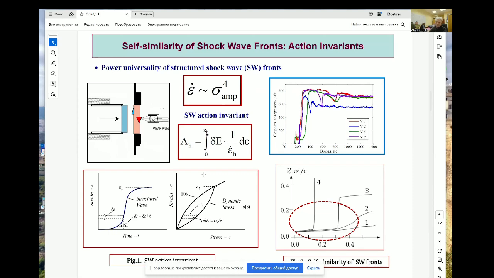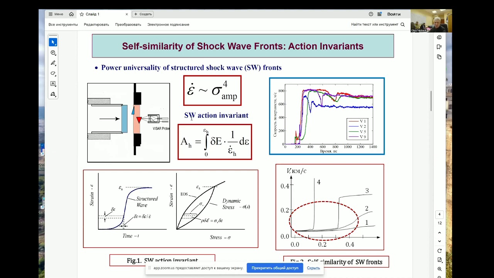During maybe the last 40 years there has been precise investigation of this situation with structured shock waves, and it was shown that for these conditions of shock wave loading, there is another very meaningful parameter instead of residual stress,